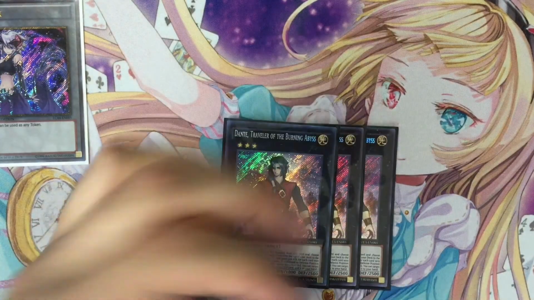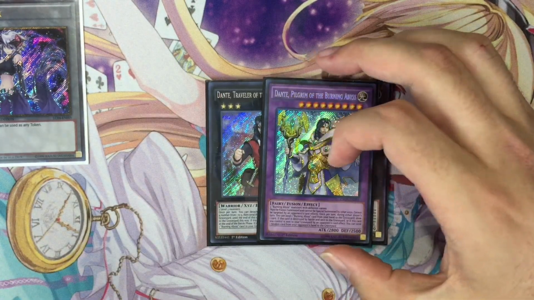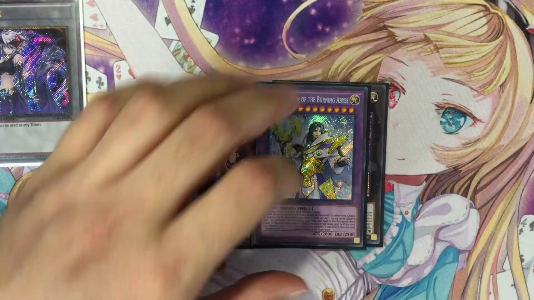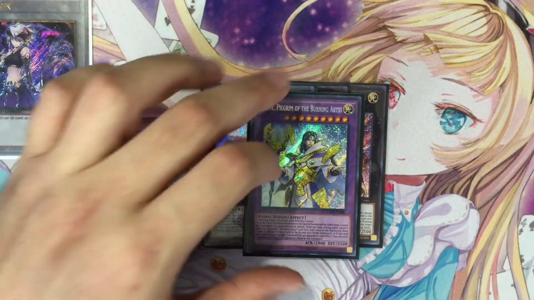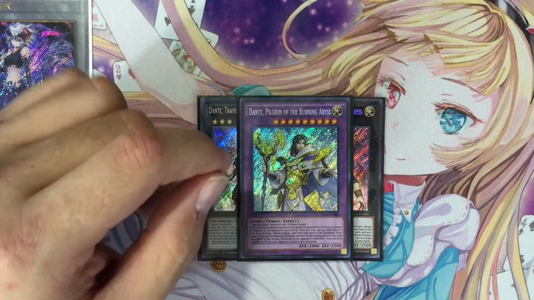Alright, it's pretty standard. 3 Dante, of course. 1 Pilgrim. Pilgrim is, in my opinion, a good card. It's just the summoning condition that makes it a bad card. Which, to get it out necessarily now is not as hard as it was before. It's still necessarily in most cases a neg, but